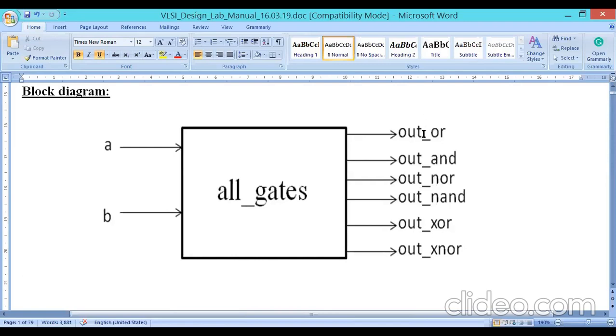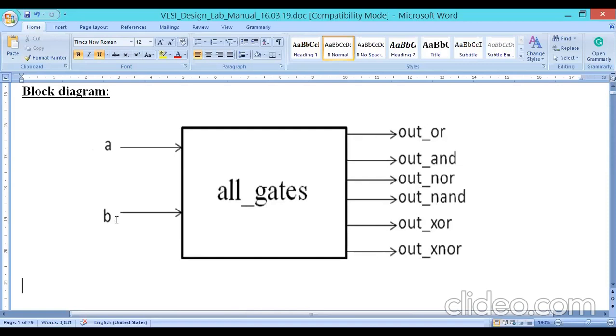Some industries use only O underscore OR, O underscore AND, O underscore NOR, O underscore NAND, O underscore XOR, O underscore XNOR. That is also supported. Similarly, on the input side they will mention like this: I underscore A, I underscore B, like that. This is just an indication.